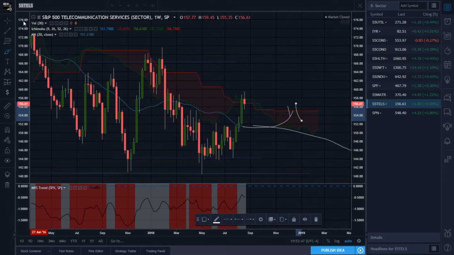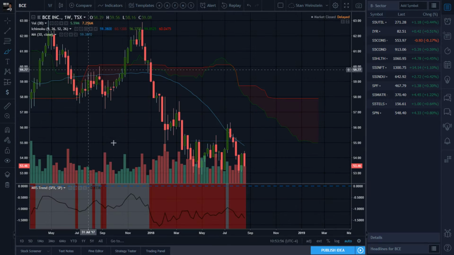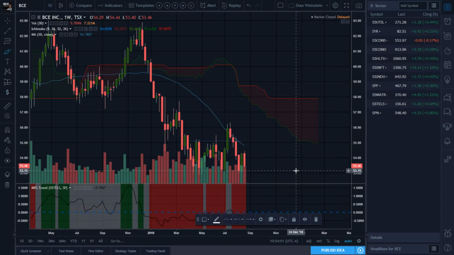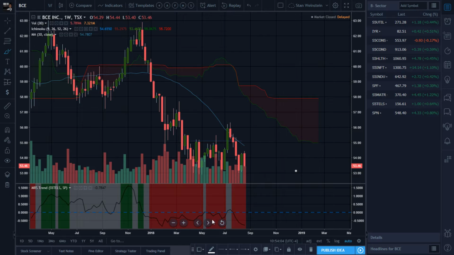And let's even compare BCE to its sector and see if it's underperforming its sector. So underperforming the SPX, and within its sector, you're underperforming the others. So there's other telecommunications stocks that are doing a lot better than BCE, so that's good. You're going down. You're not a leader, or you're a leader in the downwards move. So that's great, guys. Like anybody who's been here since January, awesome. Right now, if you want to get in,